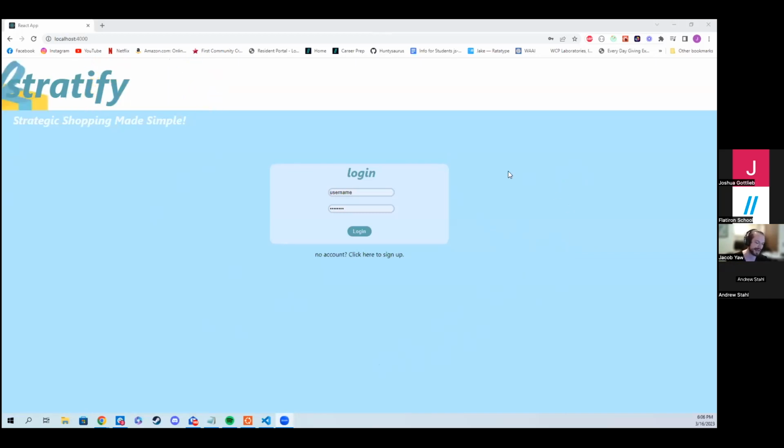I actually had the idea for Stratify through my current job. I work in purchasing, and I work for a wholesale company, and I purchase for other wholesale companies. So this is sort of like the retail or individual user version of that, with a little bit of influence from Amazon as well. So just to get started, when you first pull up the application, you have the ability